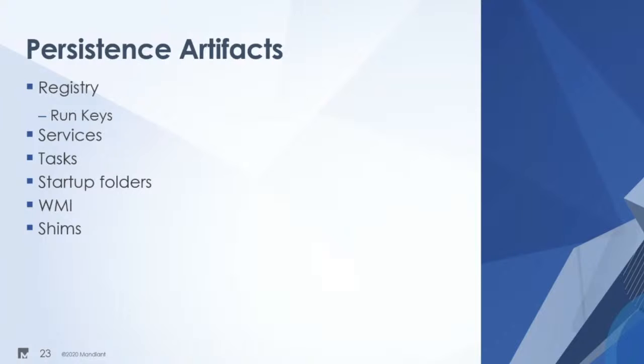Okay. In the registry, we're taking a look at things like run keys, and that's going to be an area on the Windows system that it automatically interprets when the system starts up to run whatever this run key is pointing at. So if it points at an executable, it's going to run that executable. That's most likely malware.